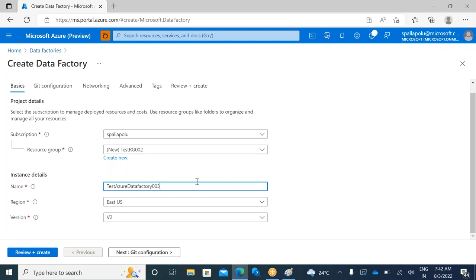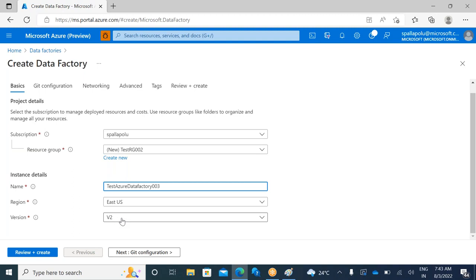Okay, so this is my test Azure Data Factory 003, and the region. Generally, all the metadata information related to this data factory will reside under this region, guys. For all the services, generally we will use the same region. Okay, while creating the services, the customer can take care on our behalf and provide all the necessary details for you to create the service, or else whoever is going to create the service, the customer can give all this information, guys. Okay,